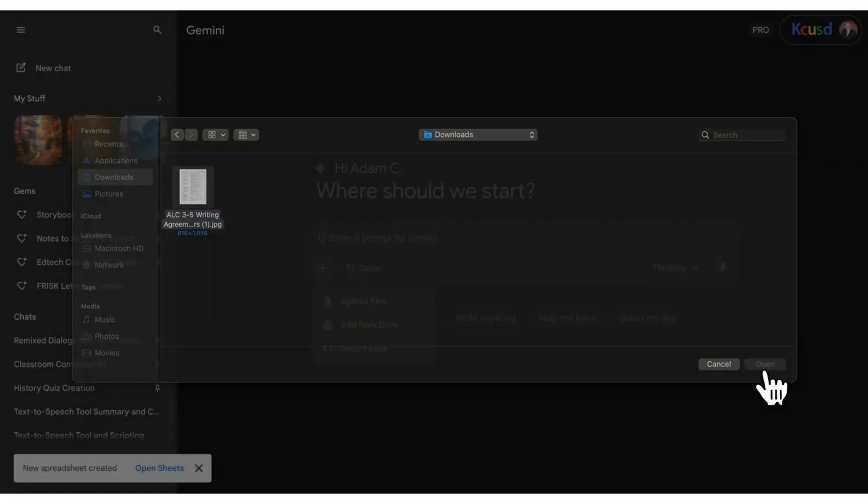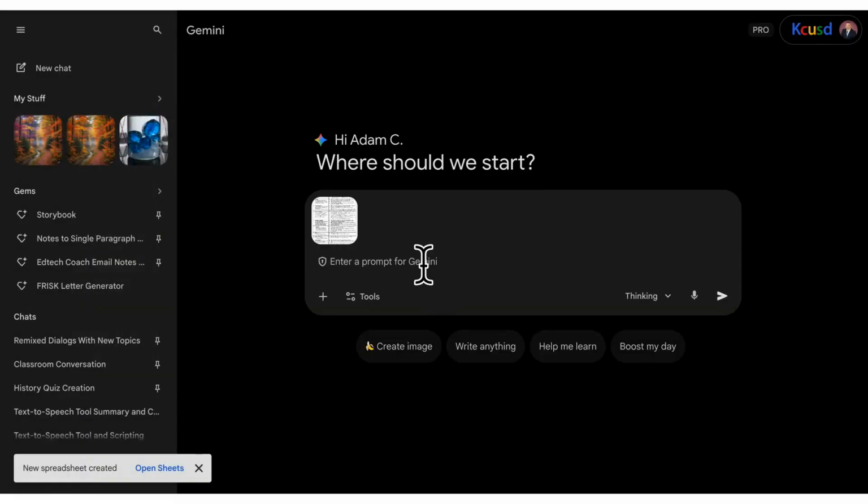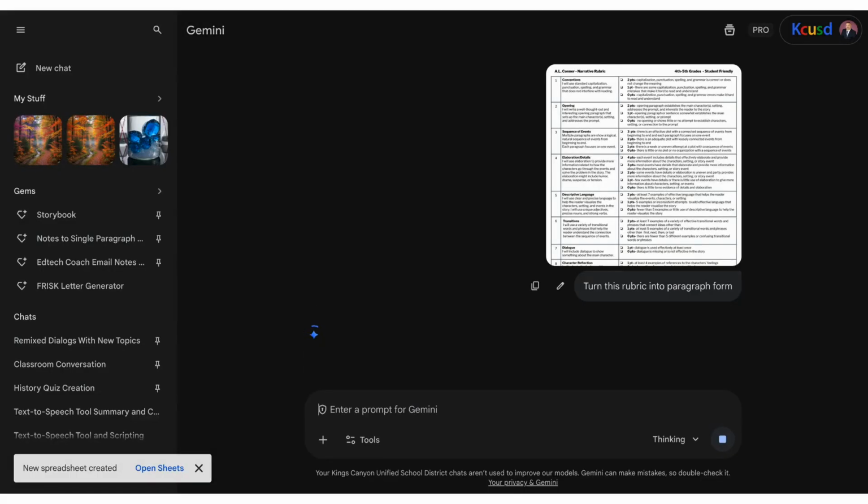So I'm going to go ahead and upload this here to Gemini, and I'm going to ask it to turn this rubric into paragraph form. So I'm going to say, turn this rubric into paragraph form. So it's going to keep all the same rules and criteria, but it's going to read like you're reading a bunch of paragraphs, which will be easy for Snorkl to handle. So again, this is a little hack you have to do if you want to upload your exact specific rubric